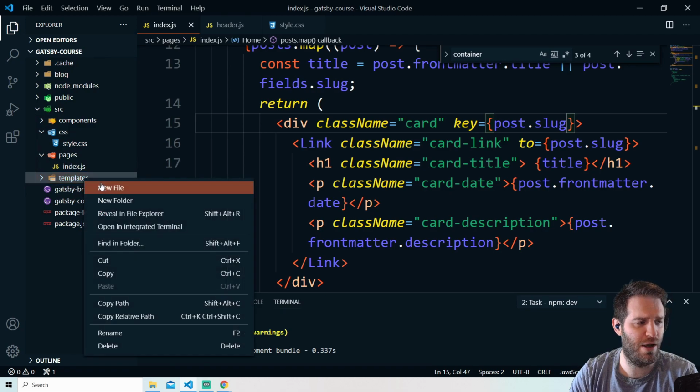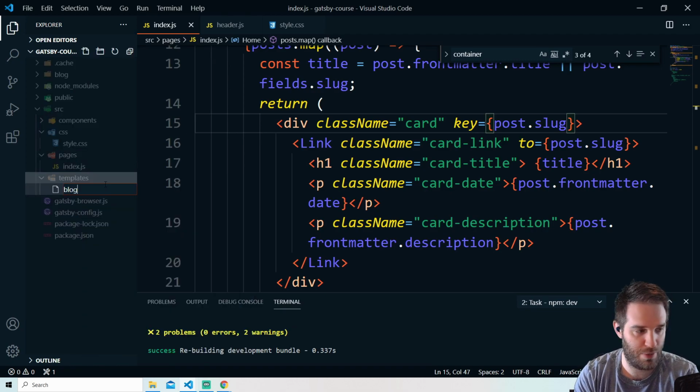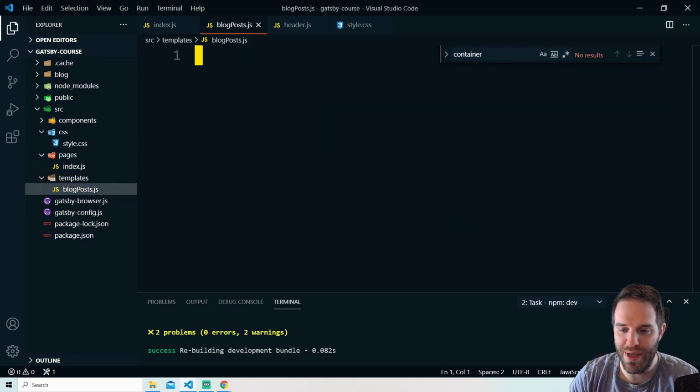And inside of here, we're going to create a new file called blogposts.js. So inside of this blogpost.js template file, we're actually going to tell it how to handle the creation of a page. So what we're actually going to use is something at build time. We'll create all of our pages and we'll be able to use them,